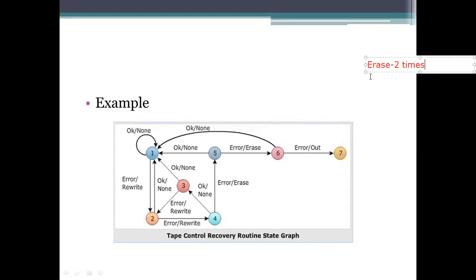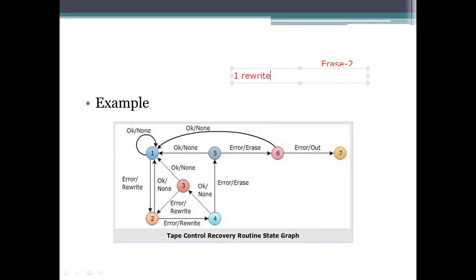To get this erase 2 times, consider we are using 2 erasures or 1 erasing here. So how many times can we perform here? We need to first note it as one. So here we can perform 2 erasures, I mean 2 times we will perform. To reach the 2 erasures, what are the weights and what are the paths we have? So we can get into that one rewrite operation. After one rewrite operation, and the path here is